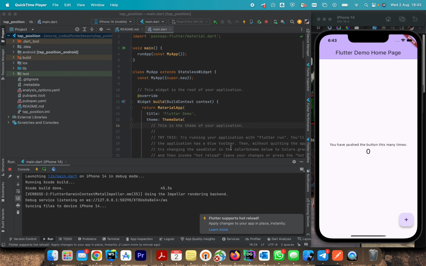Going to study how to detect the part or the side the user has tapped. So we are going to see if the user has tapped on the right side or the left side of the screen. The usage of this demonstration is that, for example, on WhatsApp stories or other social media, you can